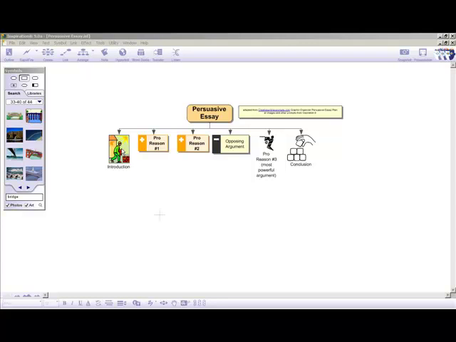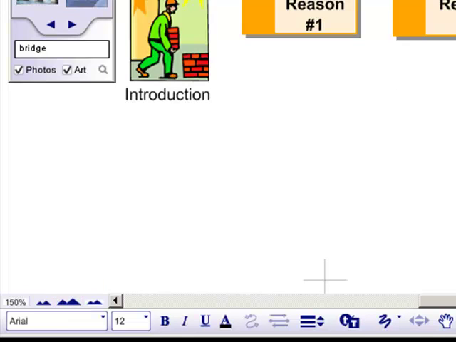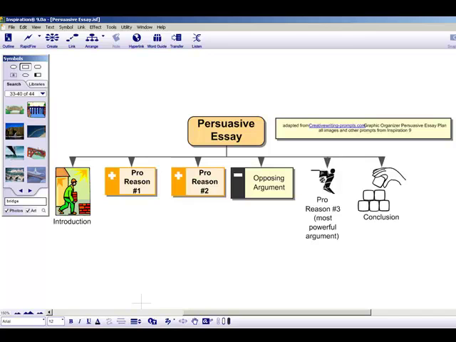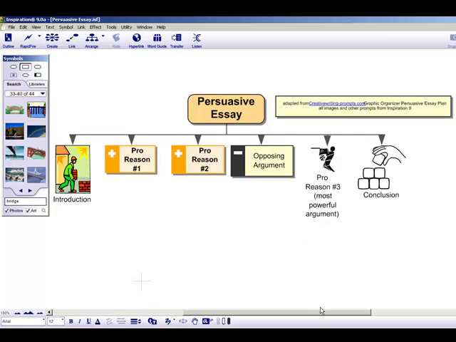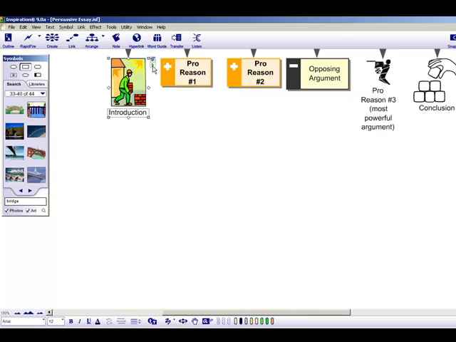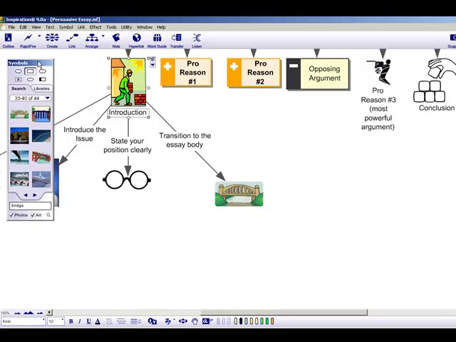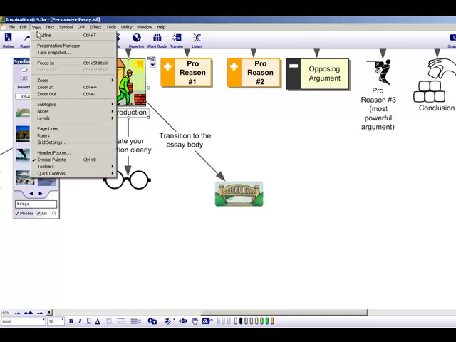So as you open up this organizer, you may have to make some adjustments to the size of the screen, and that can be done in the zoom over in the far left hand corner. And this is something that students will need to do when they're using Inspiration. Anywhere you are in the organizer, you'll want to collapse and expand different levels. And so if I want to work on the introduction, I'll click on the introduction and then I'll expand it. And if the symbol library is in your way, you can always go View and uncheck Symbol Palette, and that'll